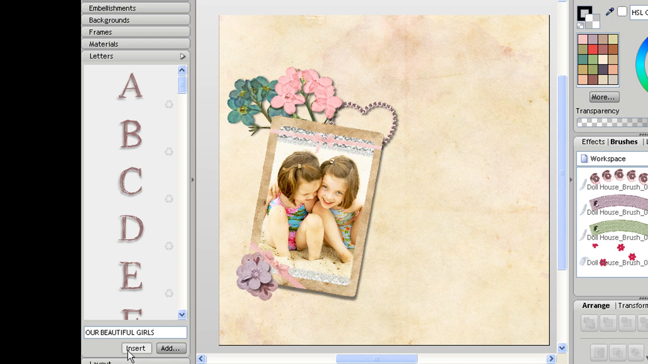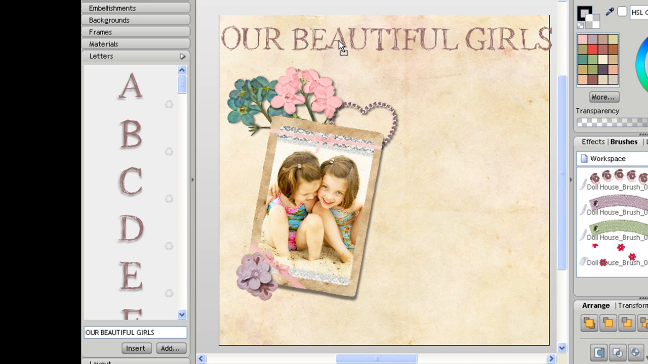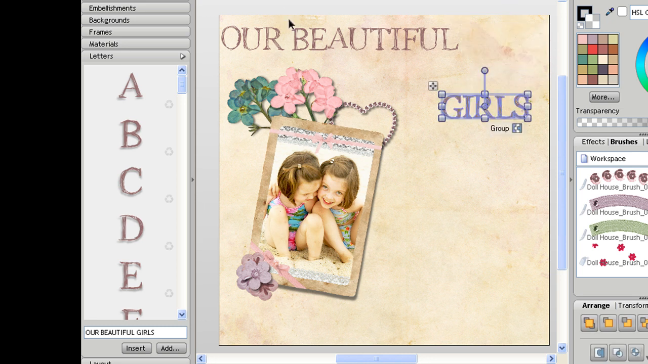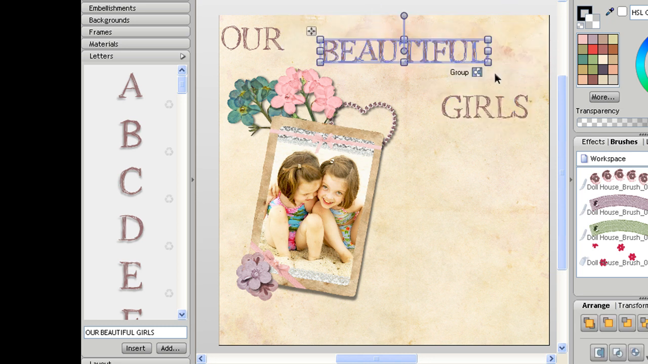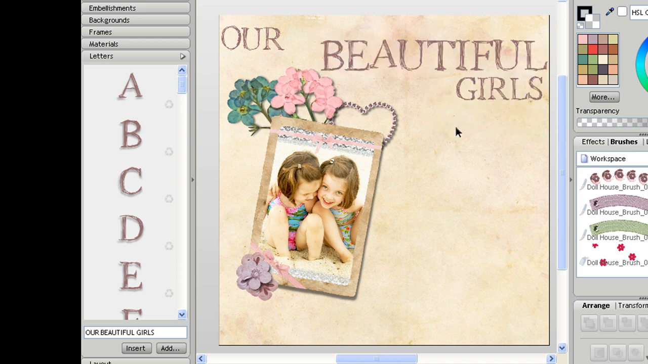And then if I click Insert, you see all of those letters that I've typed out now appear on the page. And the really good thing with these types of letters is that they're all still separate objects, so I can very easily move them all individually. And I might want to say make this beautiful word bigger, bring girls up there a bit, and bring our there. So you can kind of jumble them up a little bit just like you would do with a normal